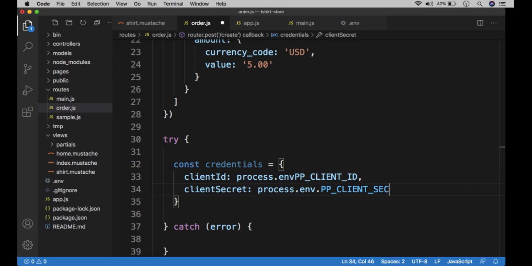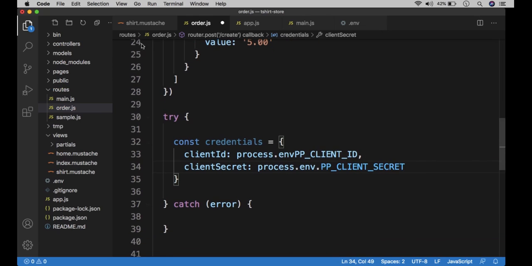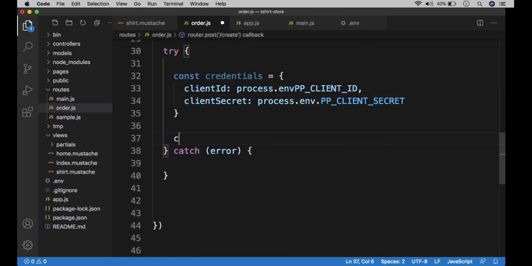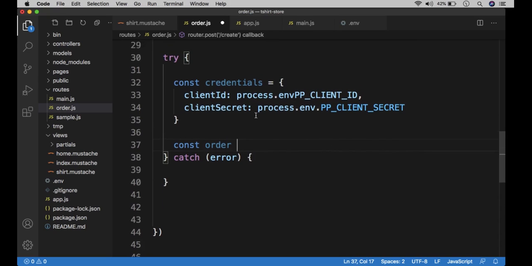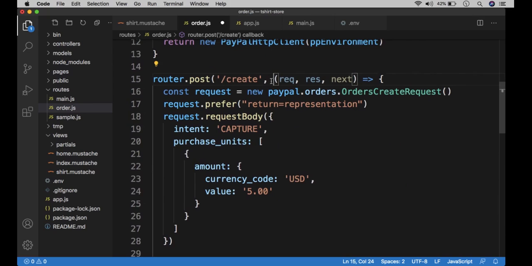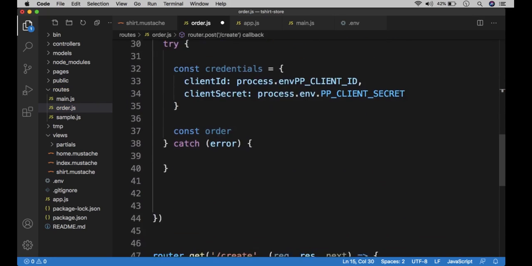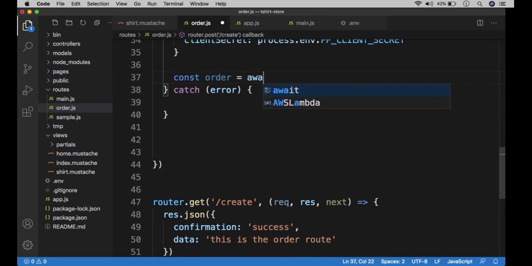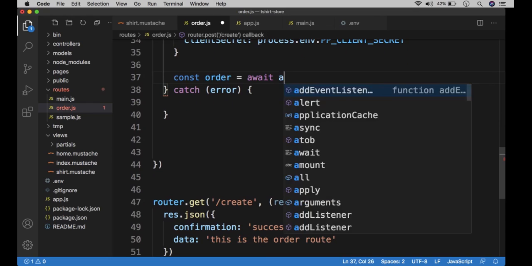This is client secret. So we have our credentials object right here, and then here we have to actually create the order. We're going to use async await. So go back up to the top and add an async prefix here, and then right here we're going to do await, and then we tell the PayPal client,